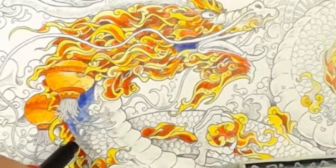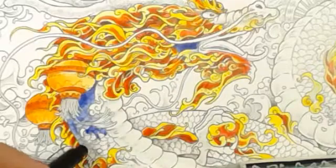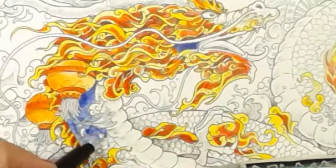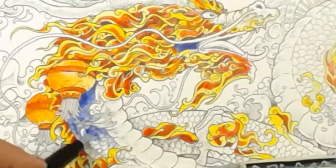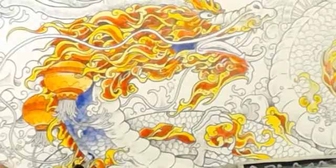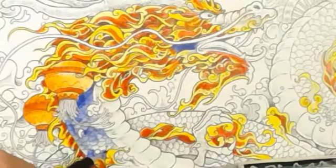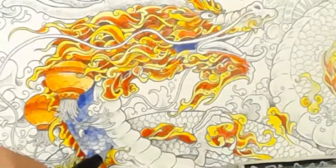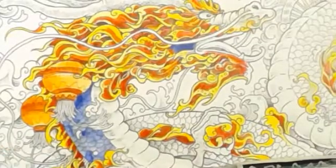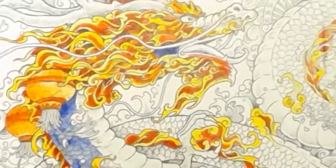sometimes you just don't want to be messing about with all this kind of colour. As I say, sometimes if I'm not well, I want to colour just because it makes me feel better. And I normally do that anyway, but when you're being creative, sometimes you do need some energy. You do need energy to be creative. Sometimes if you haven't got energy,